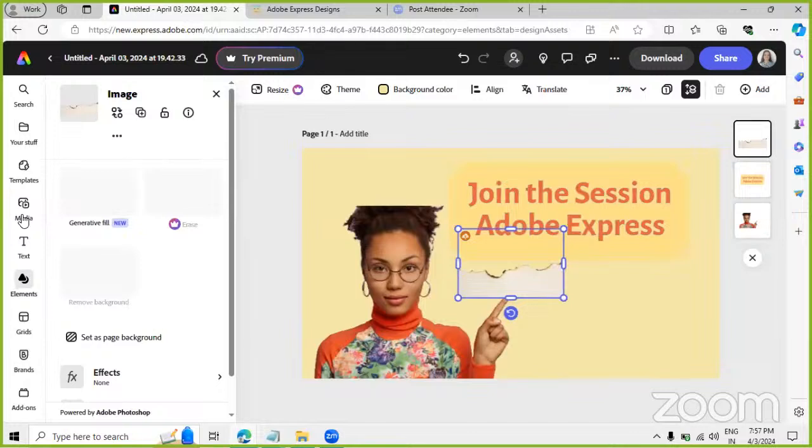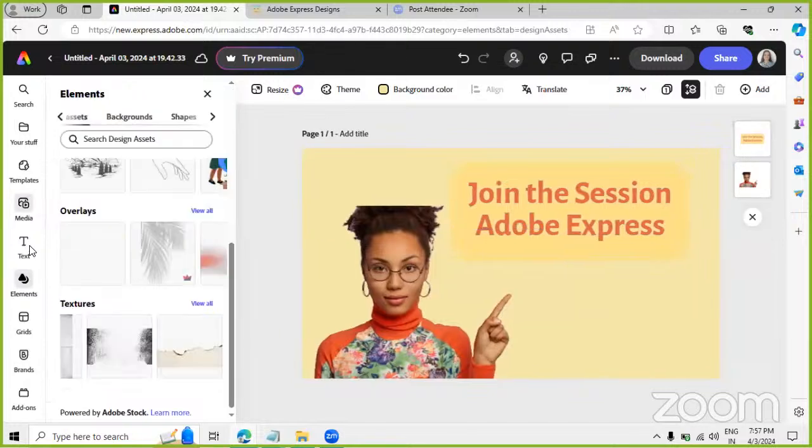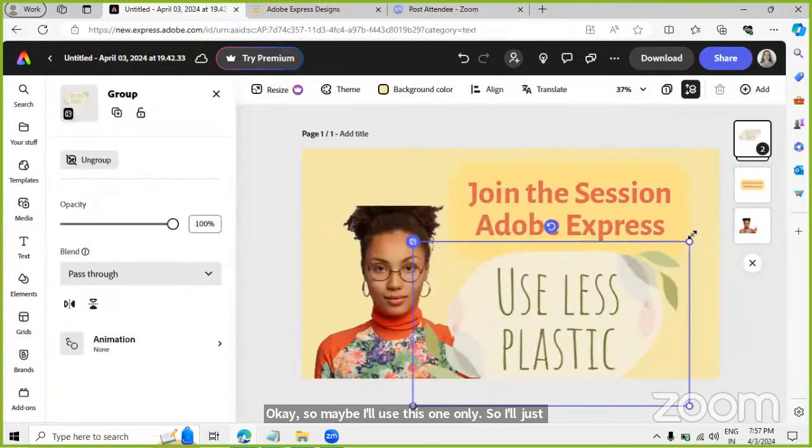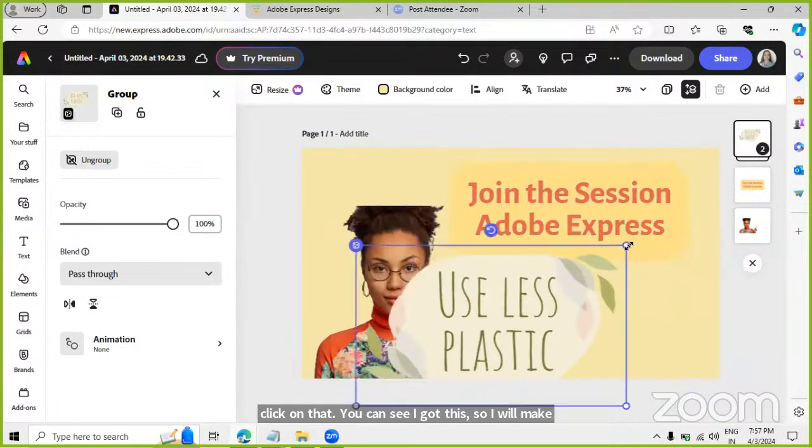Okay, yeah. Okay, so maybe I'll use this one only. So I'll just click on that. You can see I got this. So you can also reduce the size. Just click here and